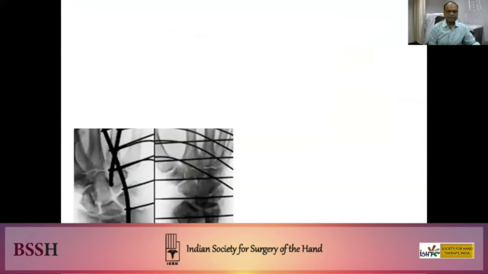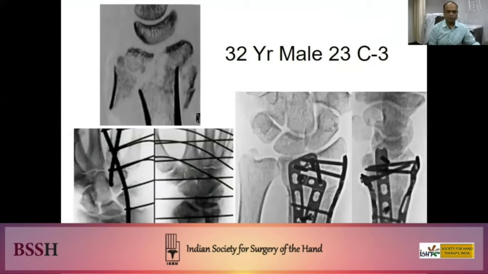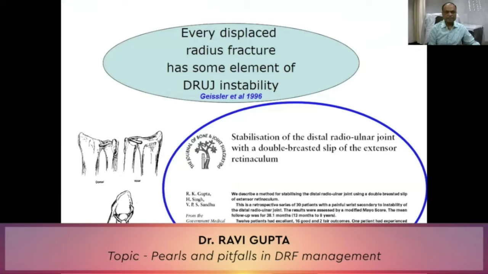Another case, which is a C3 fracture, 32 years old male, it requires more number of plates. So one should be judicious in using the implants. You can use K-wire, you can use simple buttress plate, or you can use the special periarticular plates. So be judicious. The other thing is, as I mentioned, the distal radioulnar joint must be looked up in every